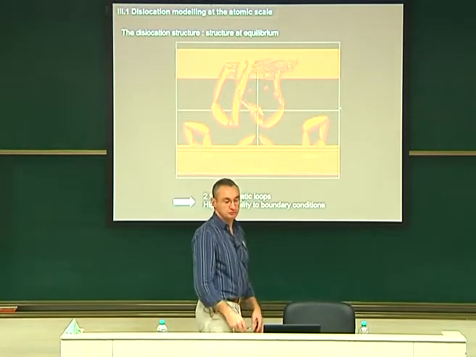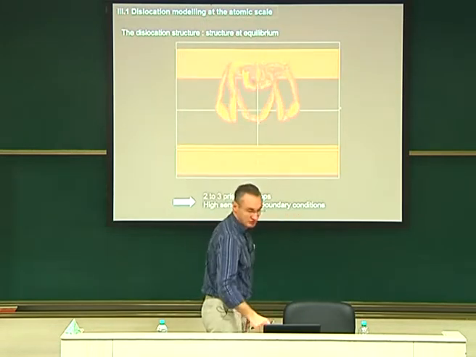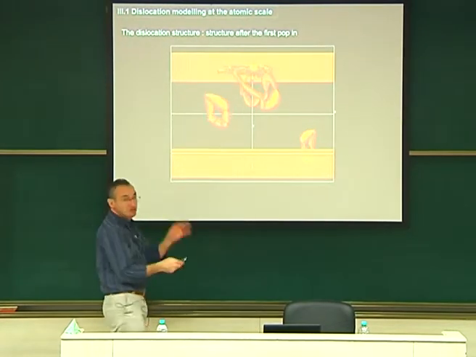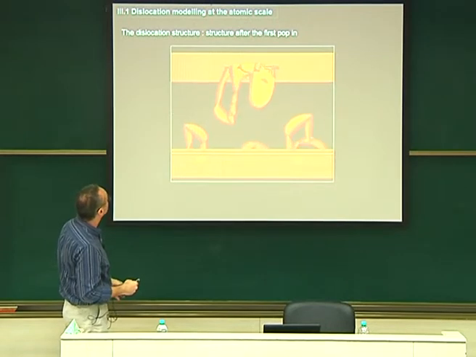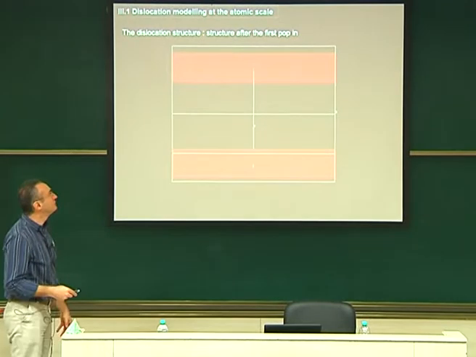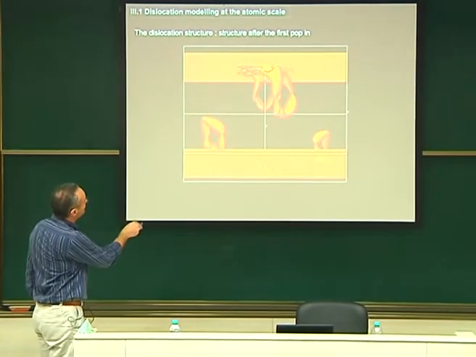So what I could do to check this, in place of a bigger box, I put a smaller radius. So here, I put an indentor which is smaller. So it means that loops are a bit smaller. Is it correct? No, I think it's the same movie. No, it's not the same movie. The indentor is a bit smaller. And you can see the loops are smaller in size, 2 loops. They are a bit more noisy.